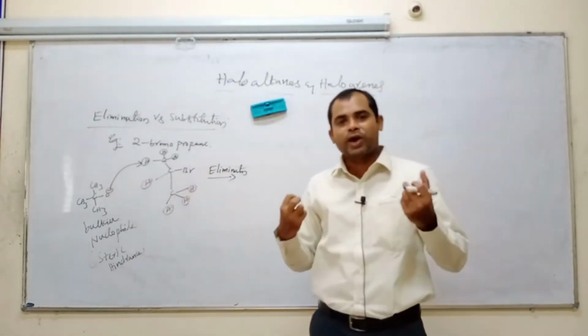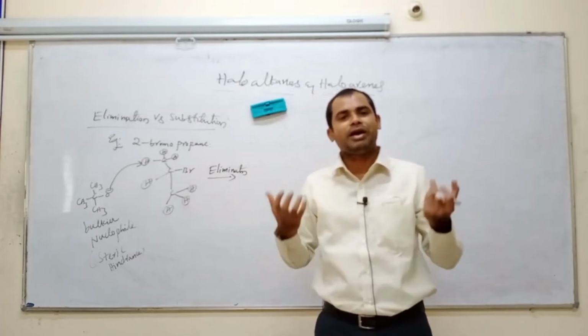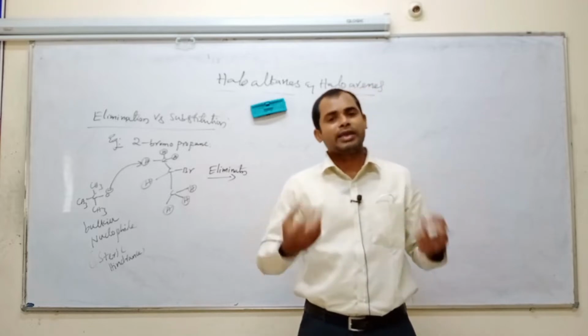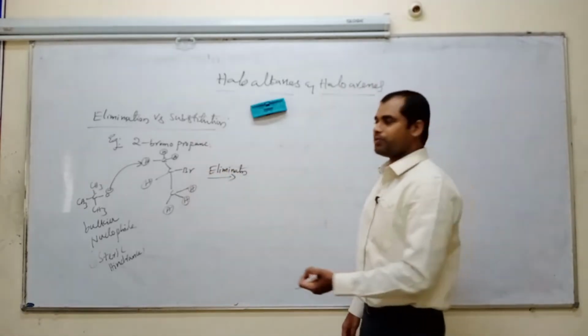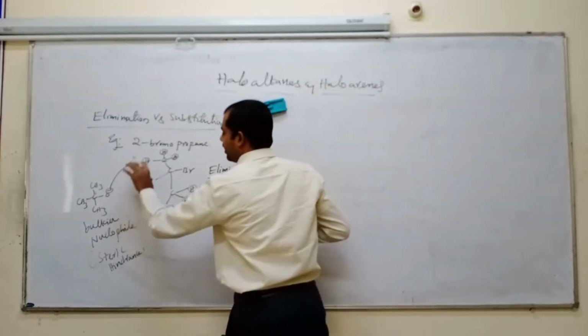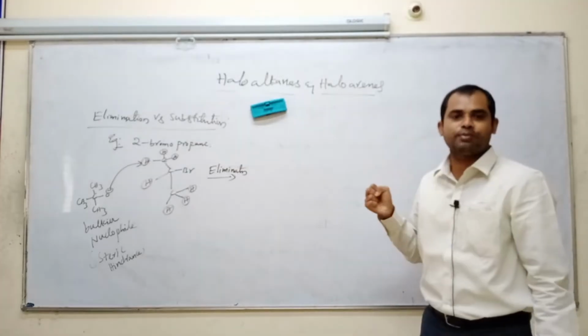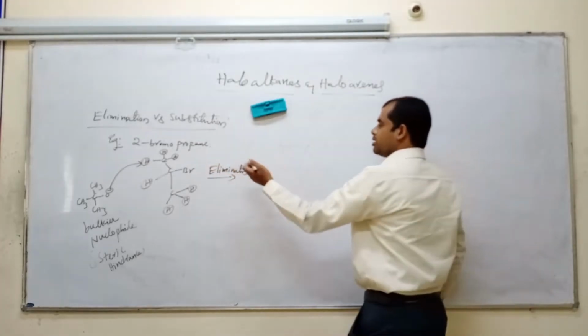Why? Nucleophile size is more. Size of the nucleophile more is nothing but a bulkier nucleophile. So this bulkier nucleophile creates steric hindrance. That's why it undergoes elimination. That means this bulkier nucleophile can abstract the proton. Abstract means remove. See, it attracts a proton from 2-bromopropane, so it undergoes elimination. See the product here.